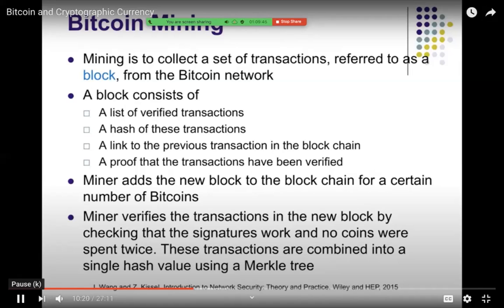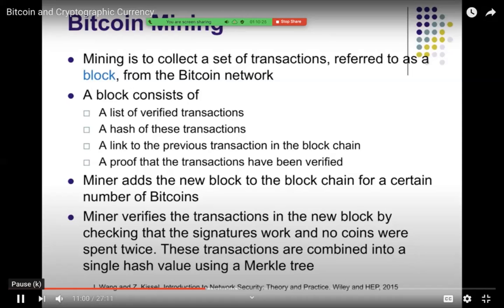So now, you can receive payment from someone else. But then how can you play the game and earn and make Bitcoins by playing? In other words, by mining the Bitcoin network. So mining here is to collect a set of transactions